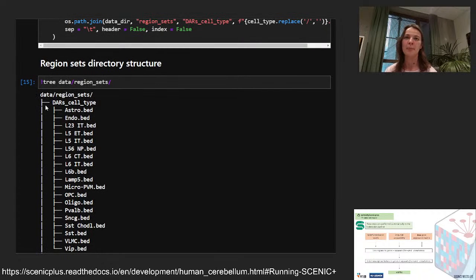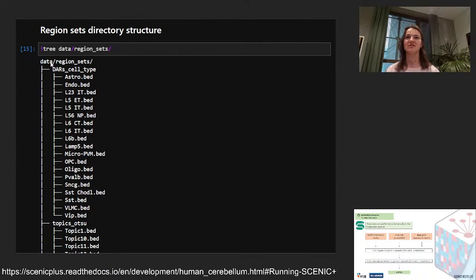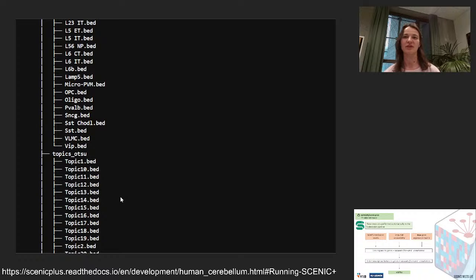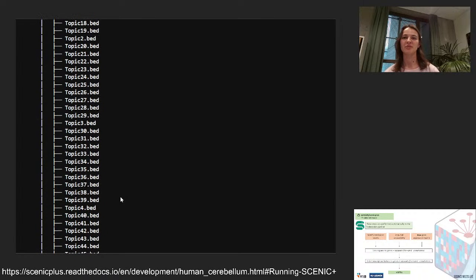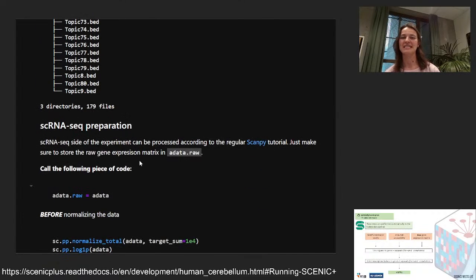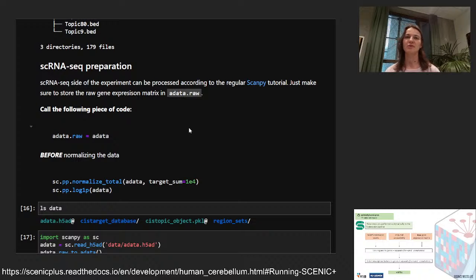It has the names of the sets that we want to add into our analysis, and then in each folder we will have the bed file for the set of regions that we've created. So this is very important because SCENIC Plus expects the inputs to look like this. Now the next part that we will need for the